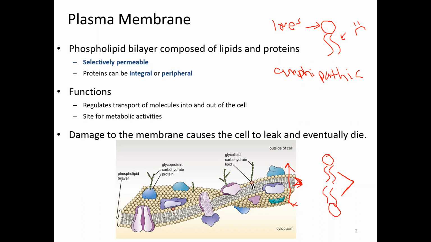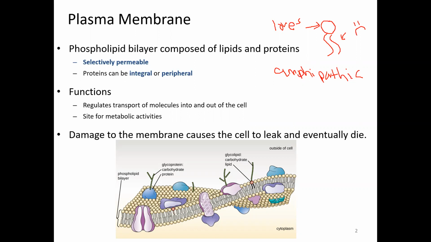By having this hydrophobic barrier, the cell is able to regulate what goes into the cell and what goes out of the cell. It can regulate how many things go into or out of the cell, and it regulates when things go in and out of the cell. So this hydrophobic barrier is really important. But these hydrophilic